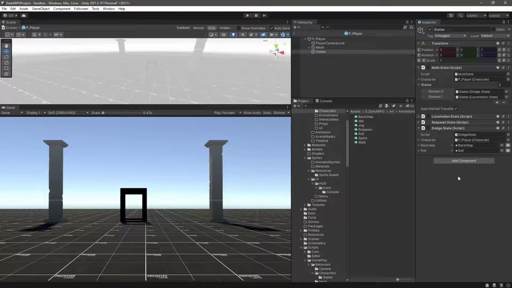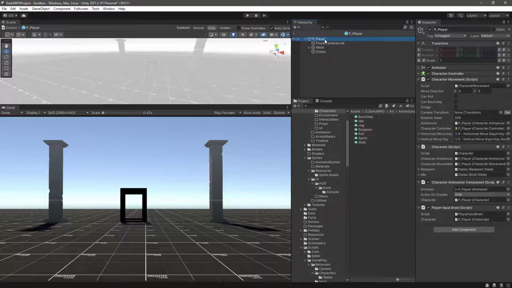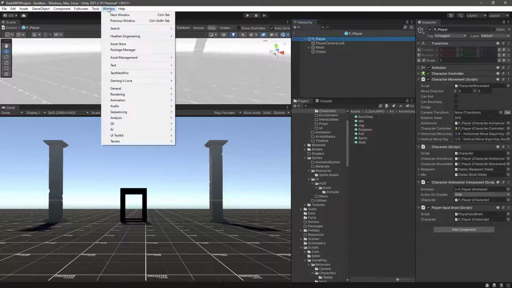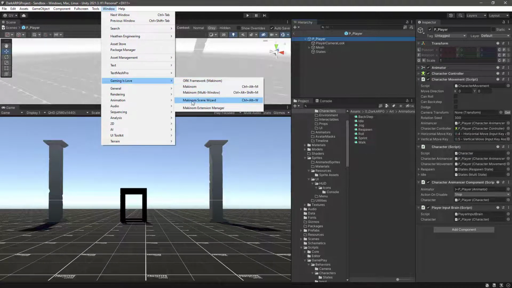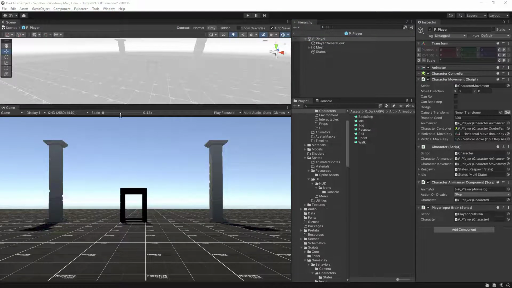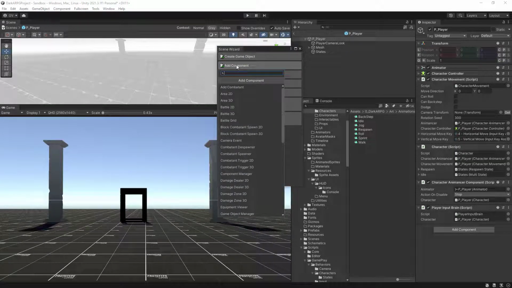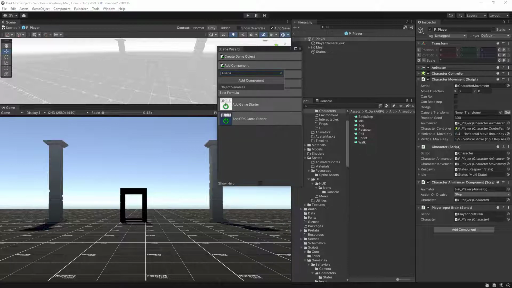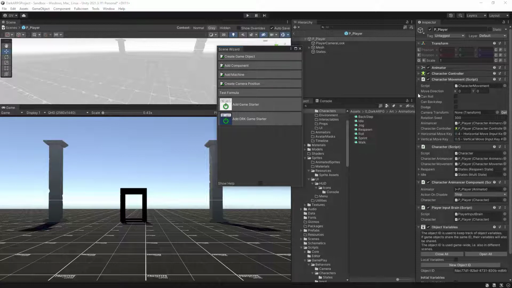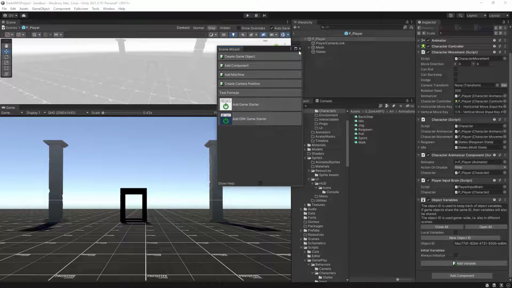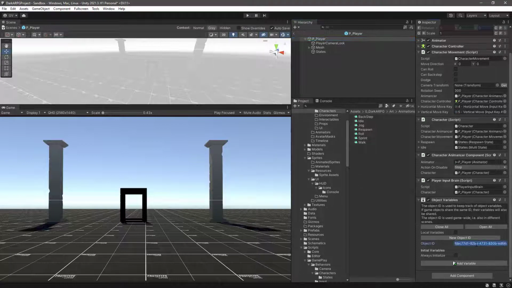So let's save the prefab, and now that we are still here, let's click on the root of the prefab. Let's go into the window Game is Love Makinom Scene Wizard, and from here we want to add a component, and let's start typing variable, and let's add an object variable component to our prefab. So if we scroll down, let's close the wizard, we have this object ID. I will call this ID as player,